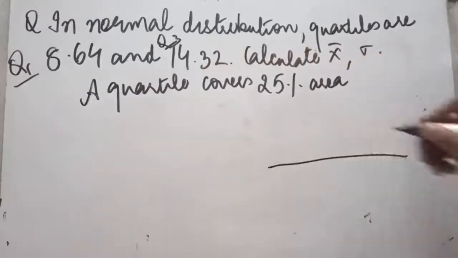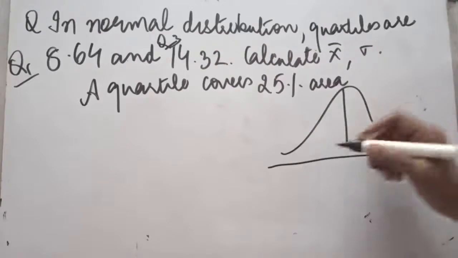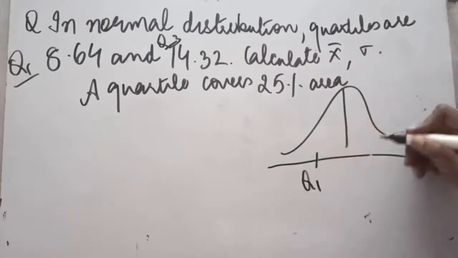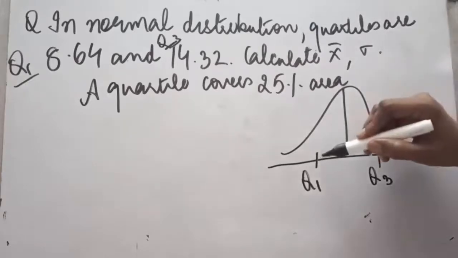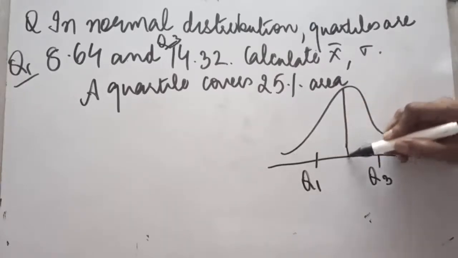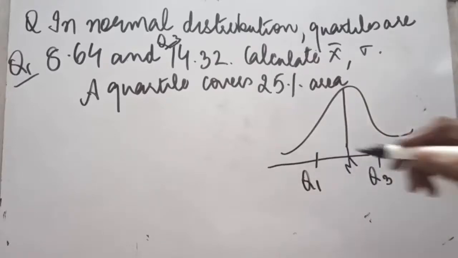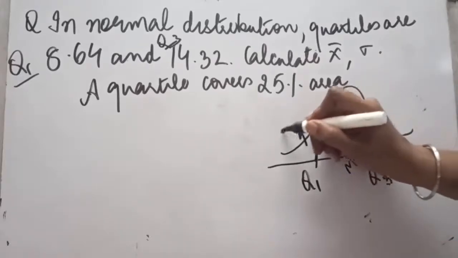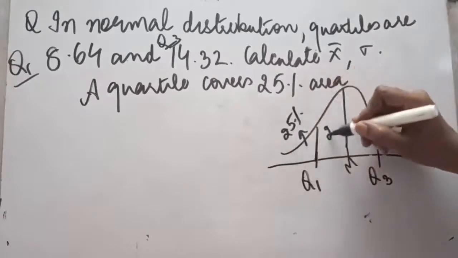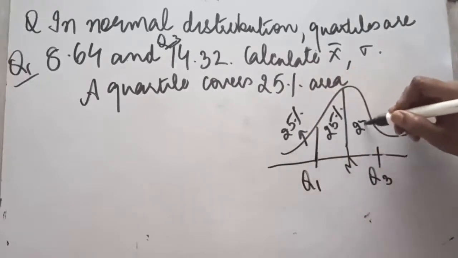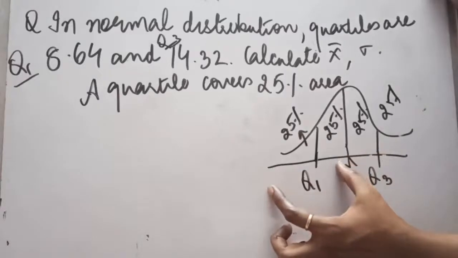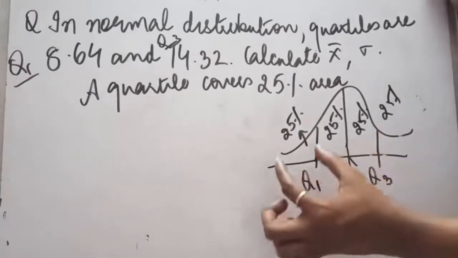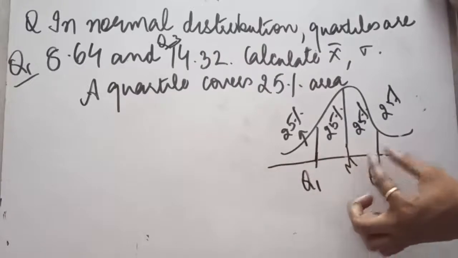So if I plot this on this normal distribution curve, of course our quartile 1 will be on this side and quartile 3 will be on this side. Because quartile divides a full line into 4 equal parts, median comes in the middle. So this will be 25% and this will also be 25%. This will be 25% and this will be 25%. So see, our line is being divided in 4 parts, or we can say this full is 0.5, this full is 0.5, but this is 0.25, this is 0.25 individually.